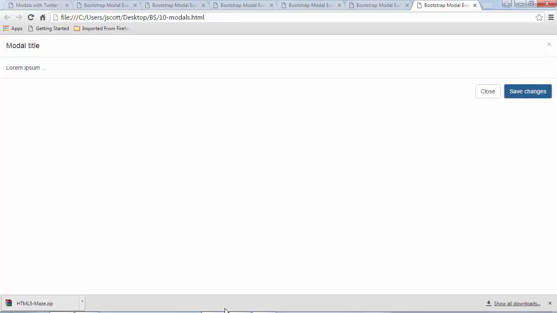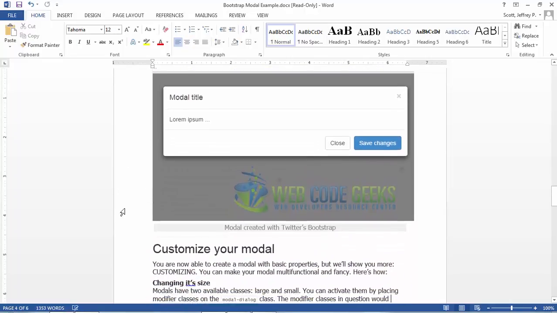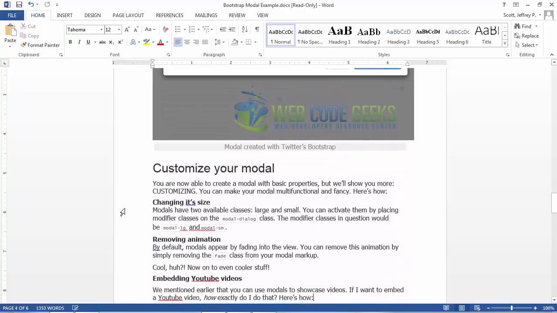Still doesn't work. Fantastic. It does look the way that it's supposed to look. Alright. But it's not working the way that it should. So,